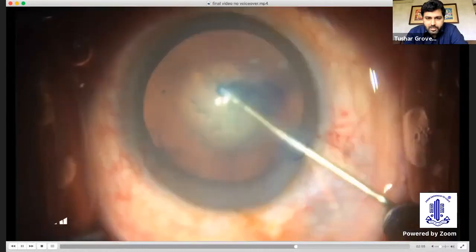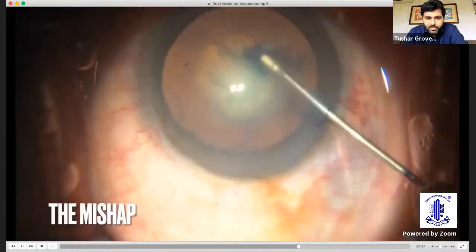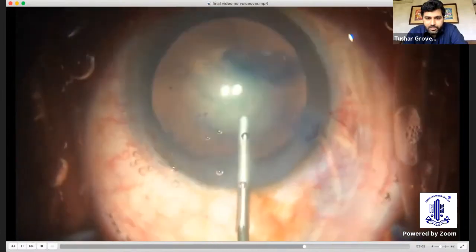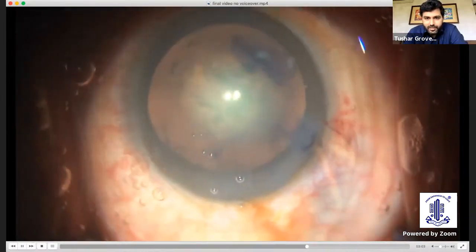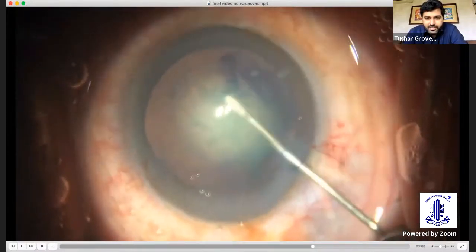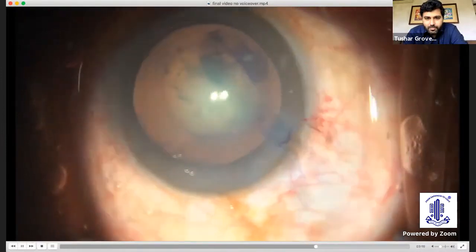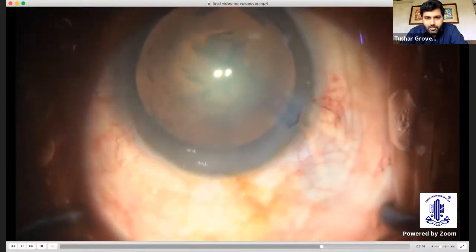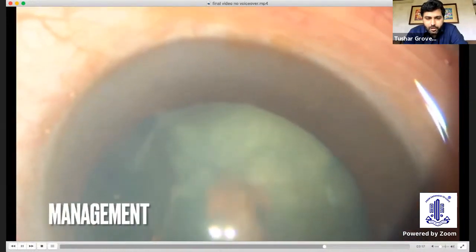So this is the third case where the trainee has gone a little small in terms of the diameter of the rhexis. And she begins to struggle when she has to close the capsular rhexis here. And as you can see, it's gone peripheral now. She tries to inject viscoelastic to rescue it, but the capsular flaps have gone peripherally.